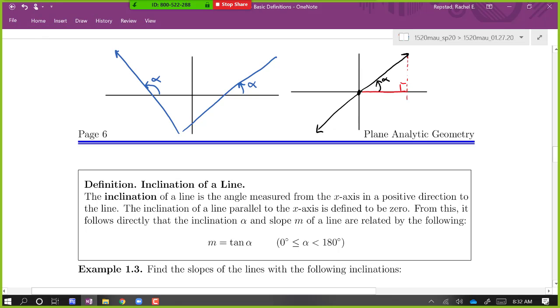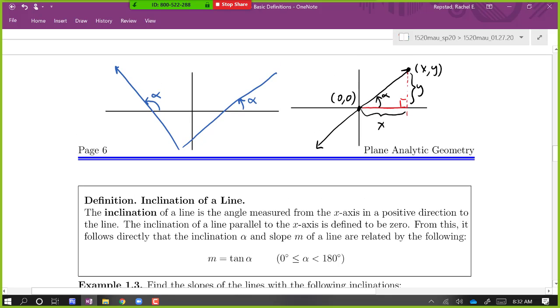So if it goes through this point 0, 0, the origin, and then let's say it goes to this point x, y, whatever it is up there, that means that this distance along the bottom, that horizontal distance, is just x. This distance here is y. We know that the inclination is alpha. We could see here the rise over run is going to be y over x, right? The change in y over the change in x is just y over x, so there's the slope.